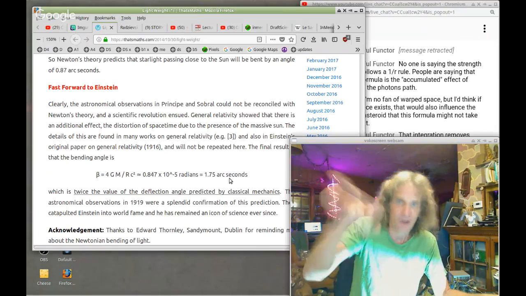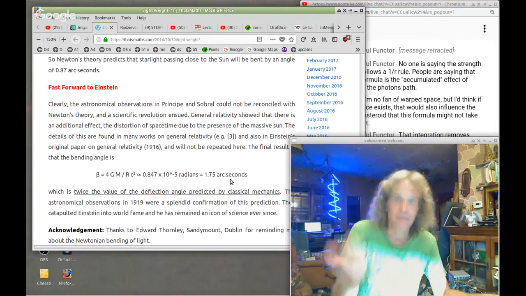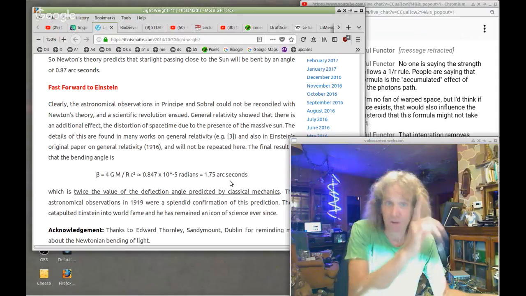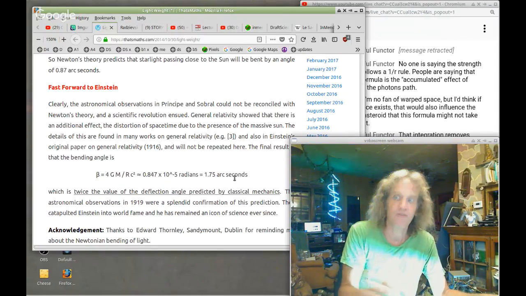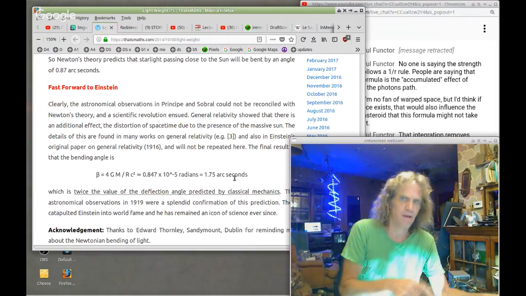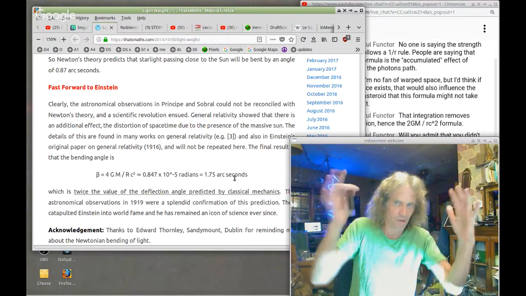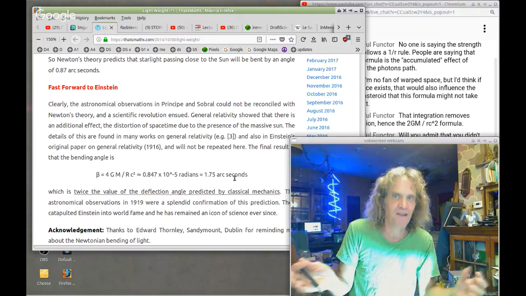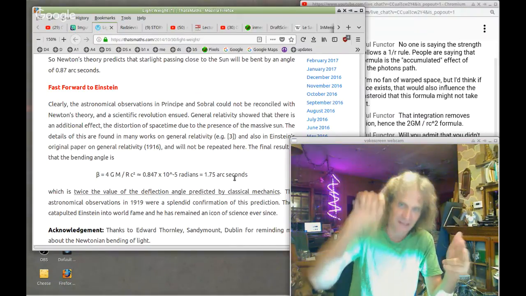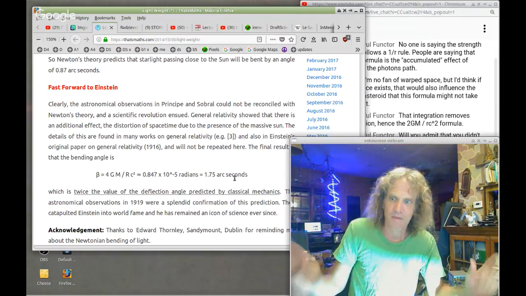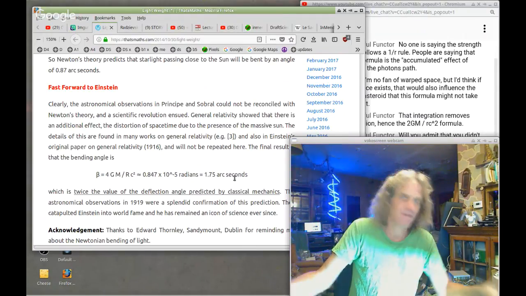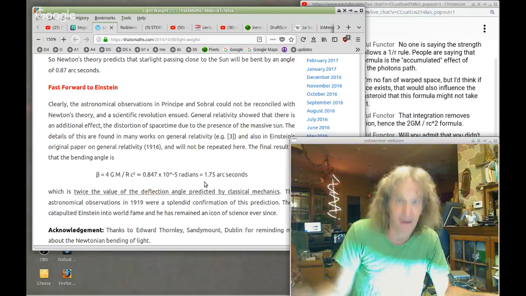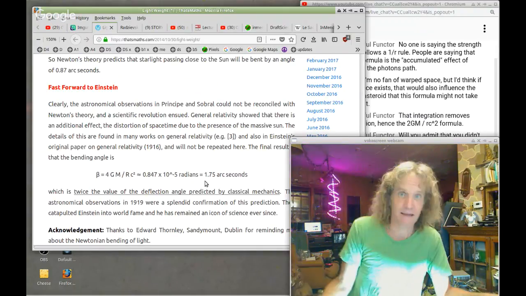Eddington couldn't see any stars on the surface of the sun. It's impossible. He has to go outside the corona. So he was at least a half a radius further away from the sun, at least. And in my opinion, if you've seen any pictures of solar eclipses, the corona is huge, huge. So if you really want to be safe, you'd have to be 2 radiuses from the center of the sun, which cuts that number in half, right? So we're back to 0.85 again, which is ironic as hell, and is a number they can't detect. It's too small.